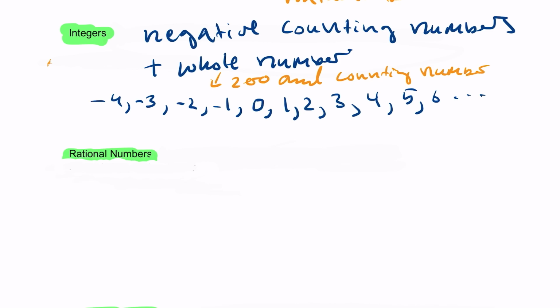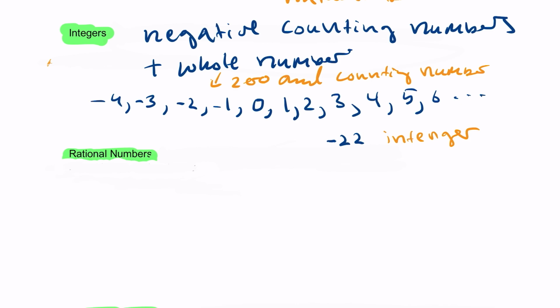Yeah, that's the basic idea. So if we do some practice, maybe negative 22 is an integer. It's not a whole number because it's negative. It's not a natural number because it's negative. It's not any of those. But it can be a negative natural number. If we say natural numbers, then it cannot match the definition of natural number. If you say negative natural numbers, then yes. So it's only an integer.